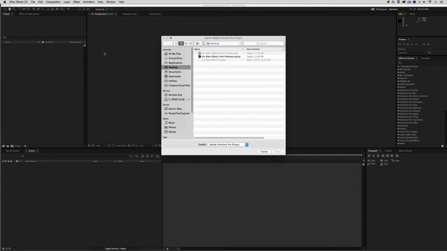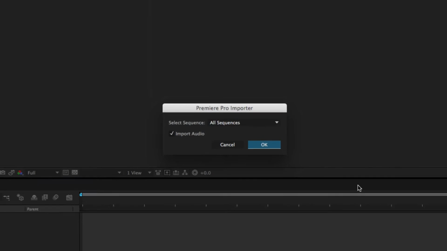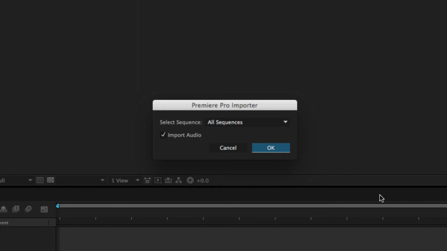Of course, After Effects is going to prompt me for the project. What's very cool is that when I select the project and say Open, the first thing After Effects says is, oh, okay, which sequences would you like to bring in? So what you could do if you wanted to is bring in everything, or if it's only one sequence,